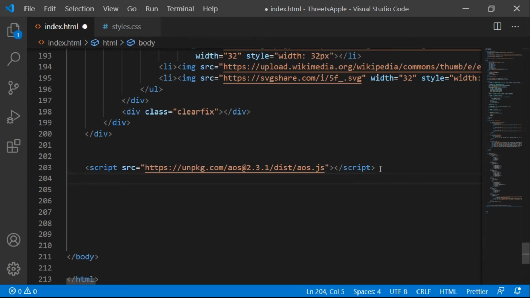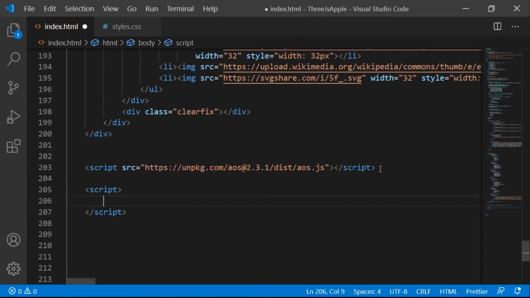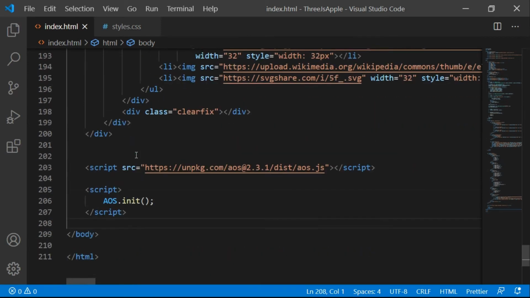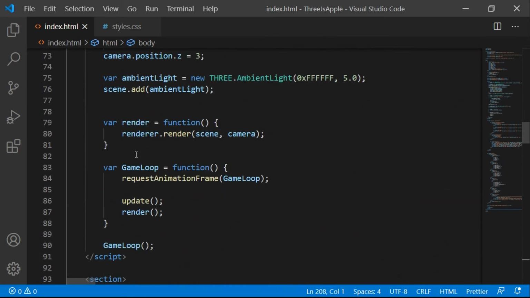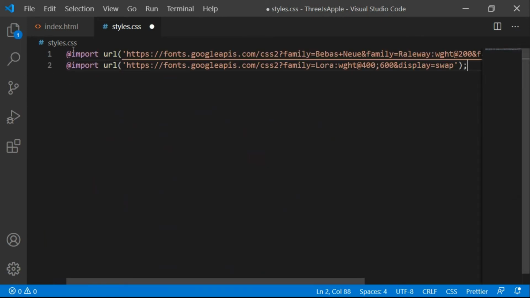And let's hit enter and let's add another script tag which is gonna initialize the AOS library now. So aos.init, parenthesis and semicolon. Perfect. So let's delete these extra spaces. Let's save our file and let's scroll up. Okay, so I think we're done with our HTML. Now let's do the styling part.